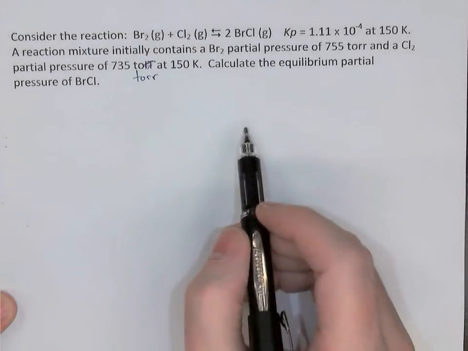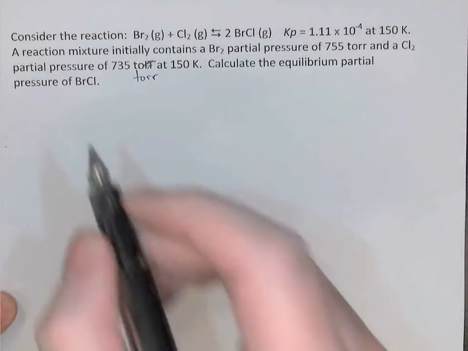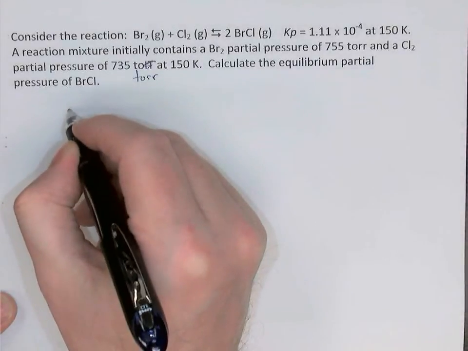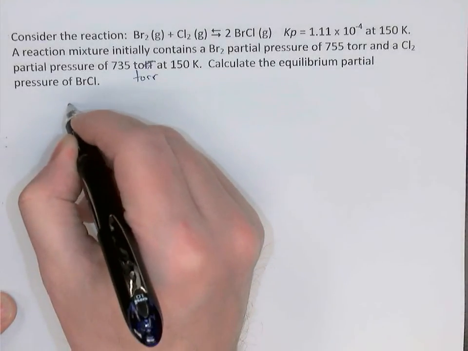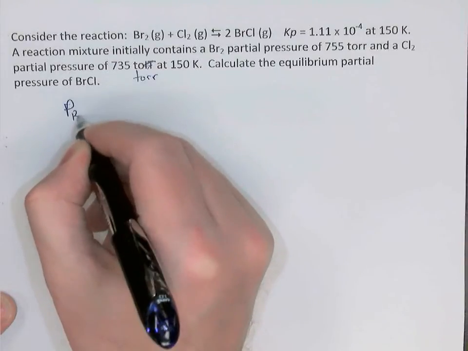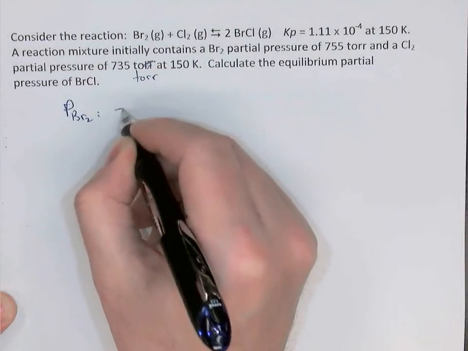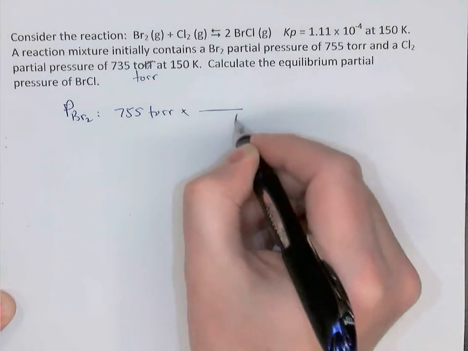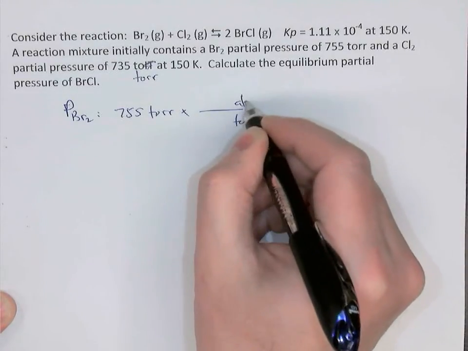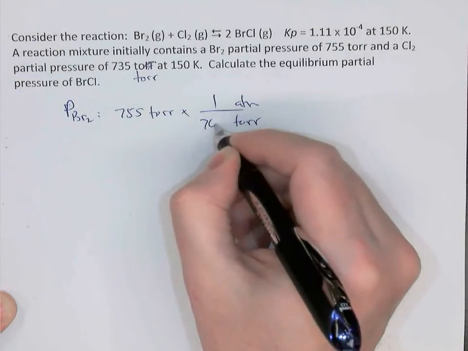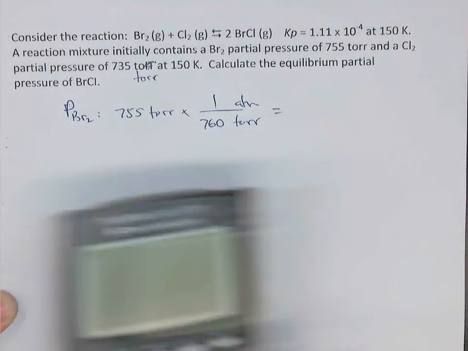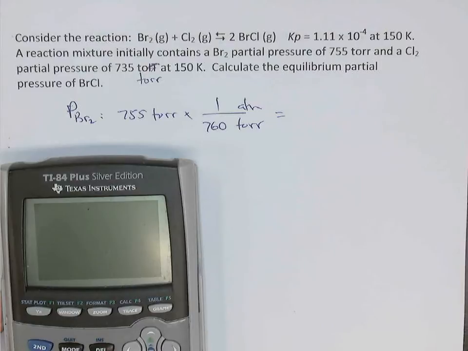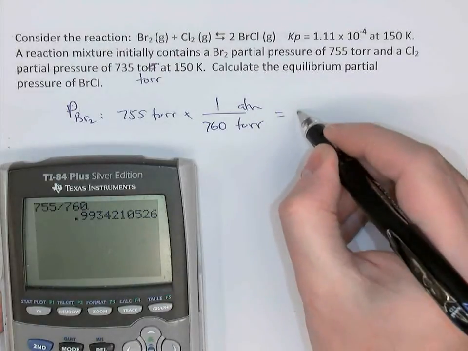So what's the equilibrium partial pressure of BrCl? So let's take those two pressures and switch them to atmospheres. So pressure of Br2 will be 755 torr. Get rid of torr, put in atmospheres. 1 atmosphere, 760 torr, so the answer is going to be very close to 1. So 755 divided by 760, 0.993